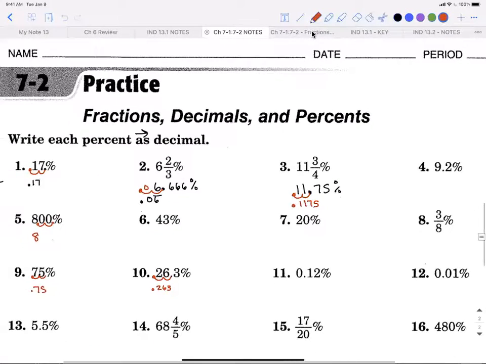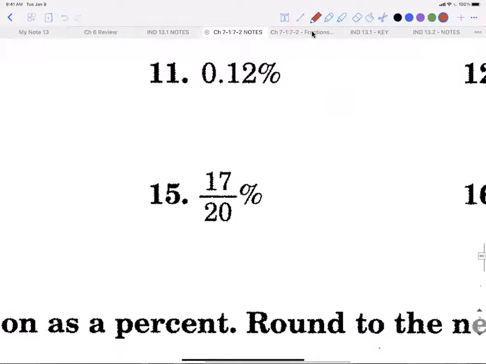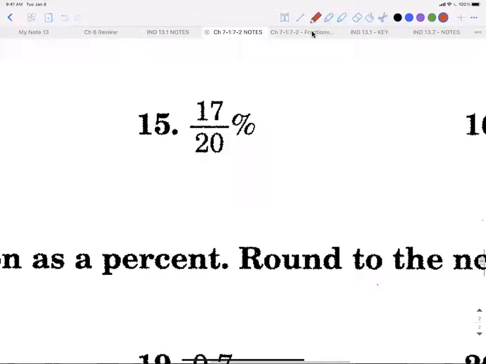Last but not least is when you have a fraction. Okay, so when you have a fraction, let's see, which one do I want to do? Like number 17. I'm sorry, I was looking at the 17 on top. Number 15. So let's go ahead and put this one in your notes because this is the first one you've seen like this. It's still in 7-2A. All right, we know how to make a fraction a decimal, right? We can take 17 divided by 20, and it comes out to